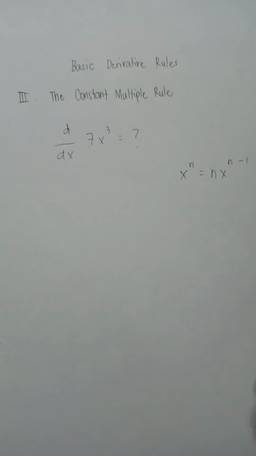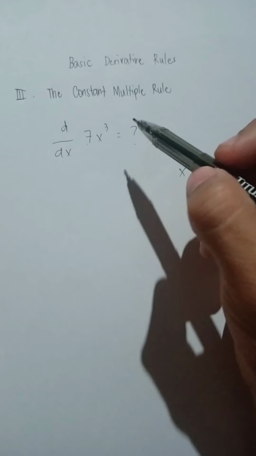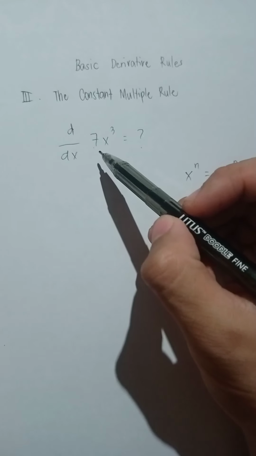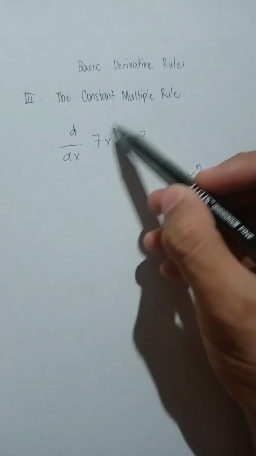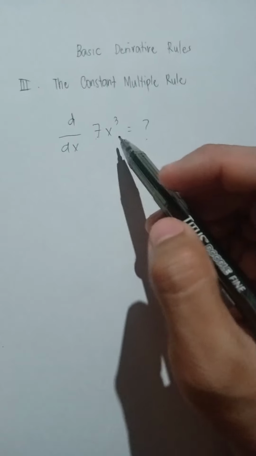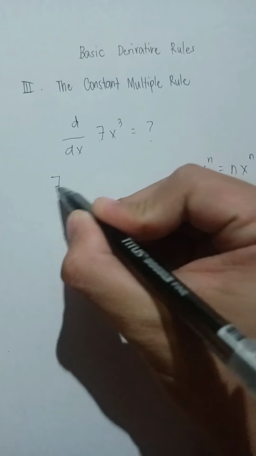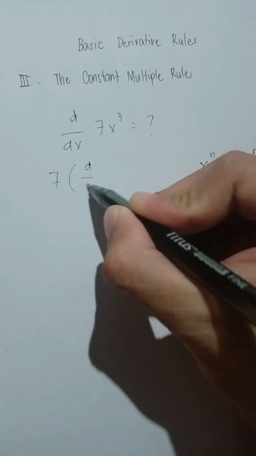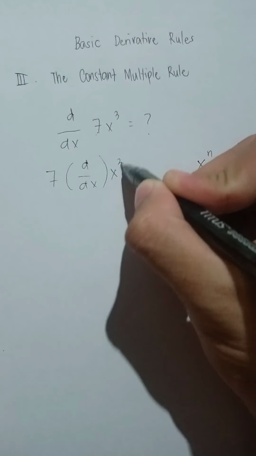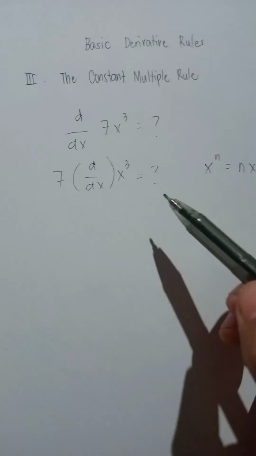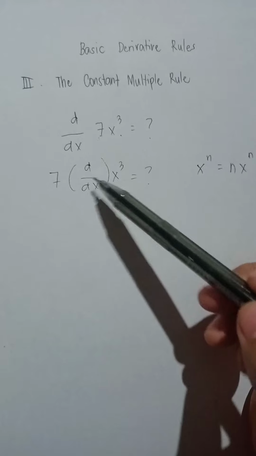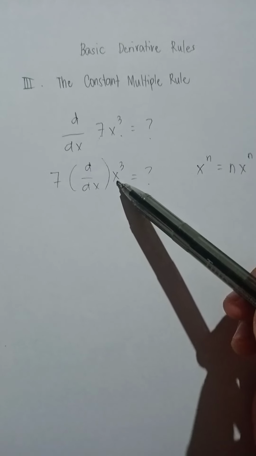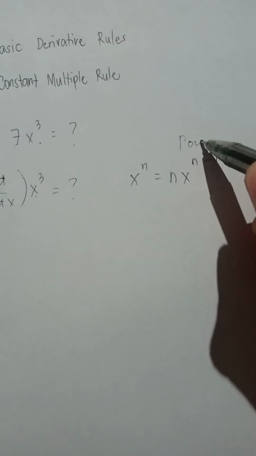variable with its power. So in this, it states that the derivative of this is equal to the constant multiplied to the derivative of this function or the x cubed. So it can also be written as 7 times d over dx x cubed is equal to blank. So in this, if this is the given and we are to find the derivative of this x cubed, we will use the second rule, which is the power rule,